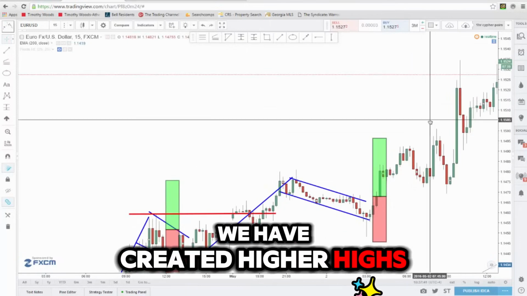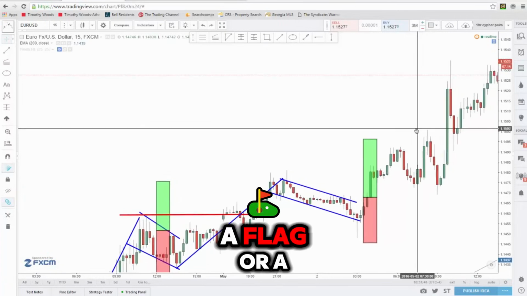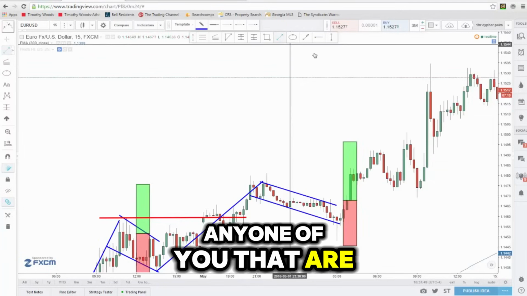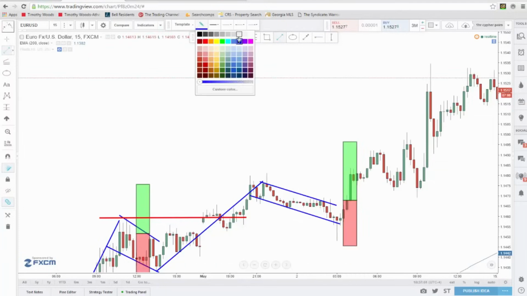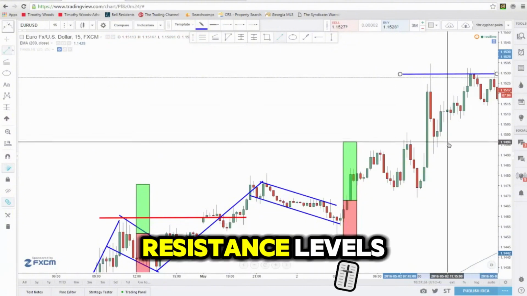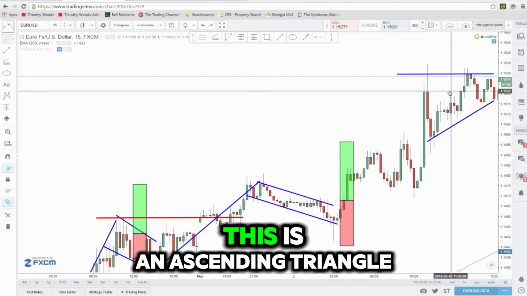We have created higher highs, so we are in the process of looking for a triangle, a flag, or a pennant. Any one of you that are familiar with an ascending triangle will see that here we've put in multiple resistance levels and higher support levels. This is an ascending triangle,